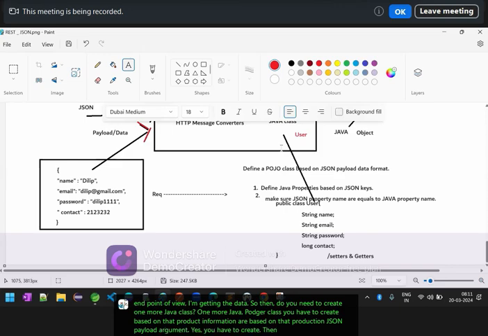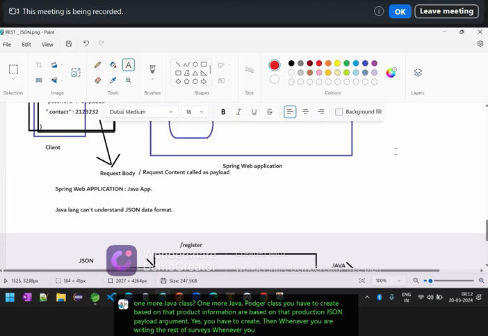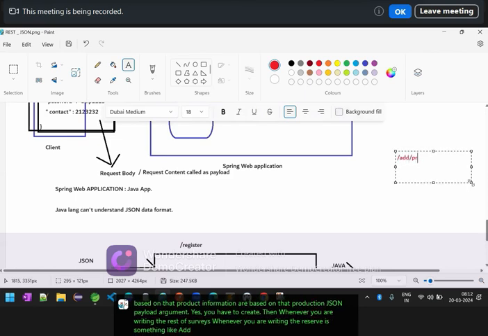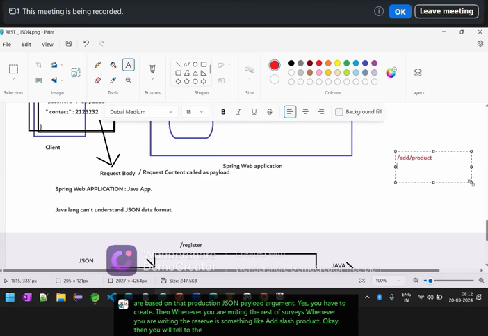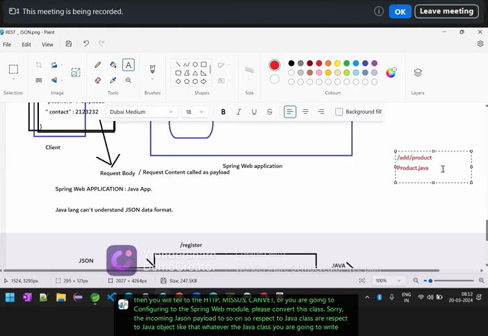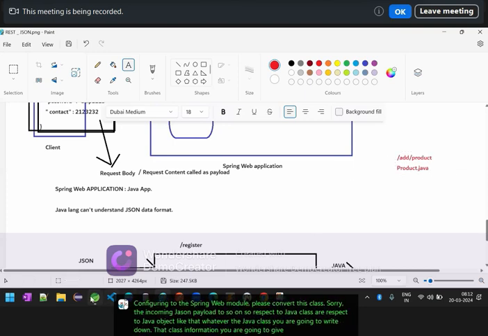Then, whenever you are writing the REST service, something like add slash product, you will tell the HTTP message converter, or you are configuring the Spring Web module, to please convert the incoming JSON payload to so and so respective Java class or Java object. Like that, whatever Java class you are going to write, the class information you are going to give. So if you see here,